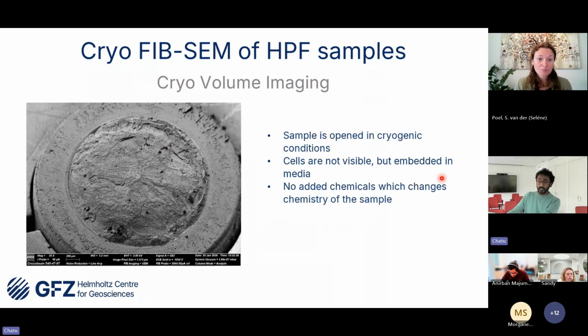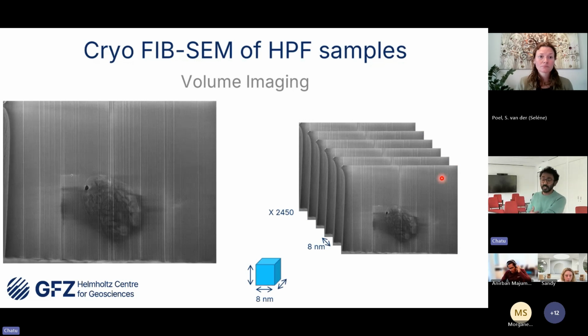And this is the second way of doing it. We did cryo and then brought it to room temperature to see, and then we also wanted to see, can we do this in full cryo? This is a bit tedious, but we want to see whether we can achieve these goals. Therefore, we want to do the cryo-FIB SEM and image the 3D structure of the individual cells. So what we did was, we froze the sample without going for freeze substitution. We find the cell position and we cross-section a single area, and then we try to create a 3D volume